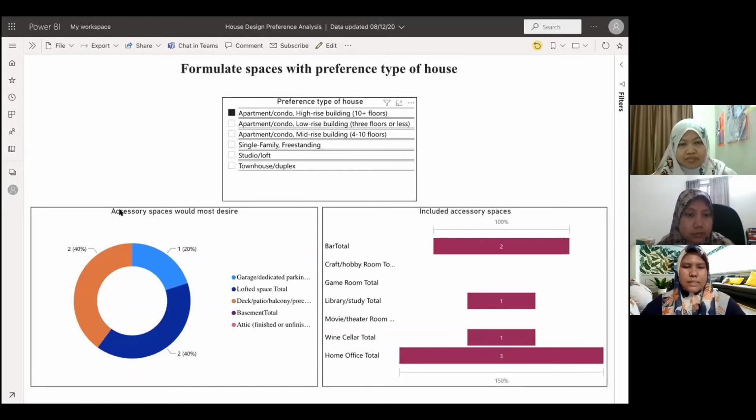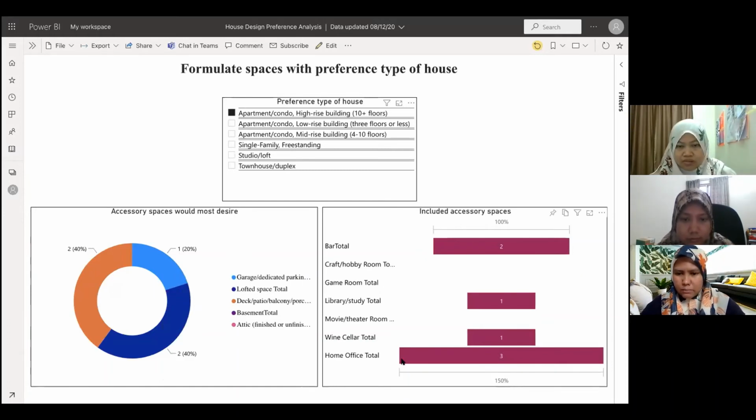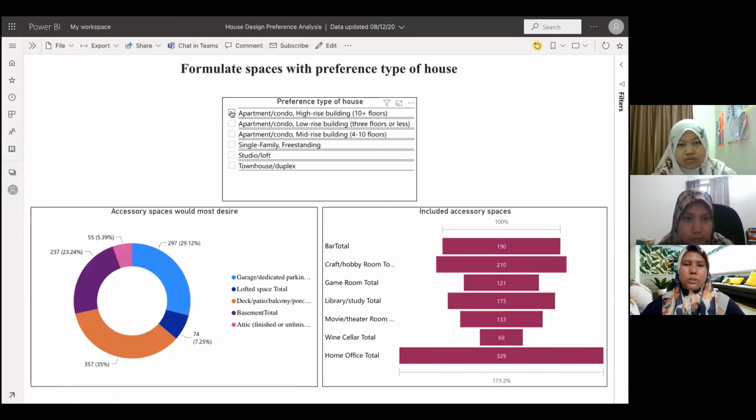We can see here there are two balanced survey responses, for the lofted space total and also for the deck, patio, balcony and porch. And for included accessories, the most responses are for home office total. This is how we formulate our space preference by type of house.